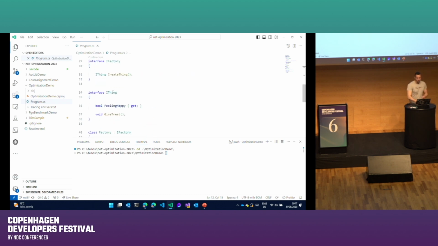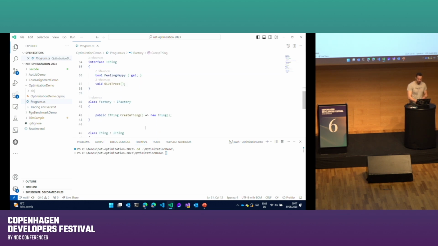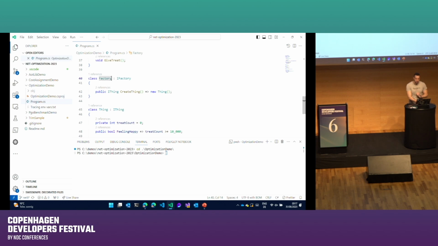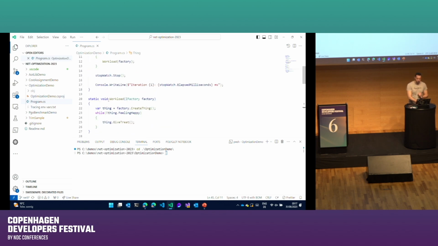And the idea is I have an IFactory that creates IThings that you can give treats until it feels happy. And there's only two implementations, the factory and the thing. However, my workload is being passed an IFactory, and then always only calls the interface method on IThing. Now, if I run that,